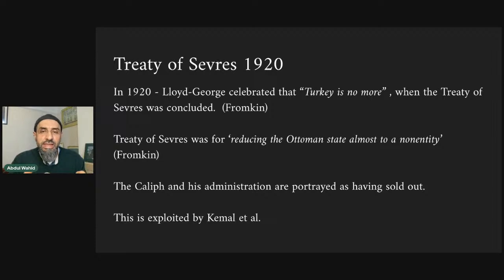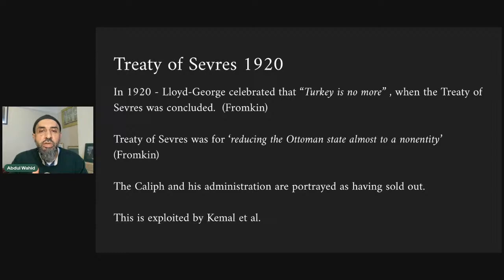The Treaty of Sèvres in 1920, you can find this treaty online and read it, and it is literally a list of former Ottoman territories which the treaty says is no longer part of the Ottoman. Turkey has no claim over Cyprus. Turkey has no claim over Palestine. Literally one list after another. It was motivated to divide and weaken the Ottoman Khilafah,